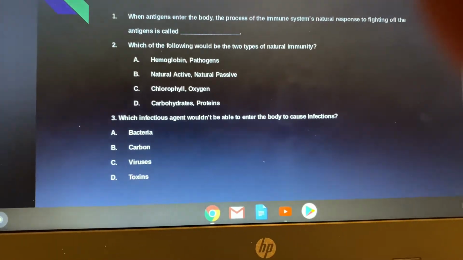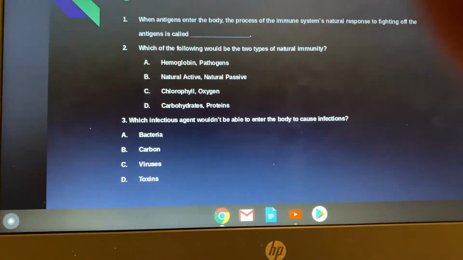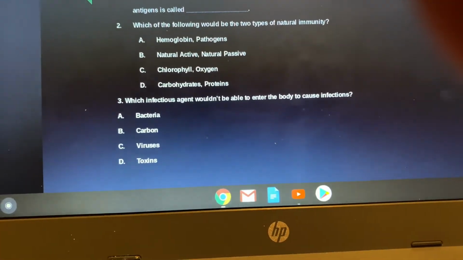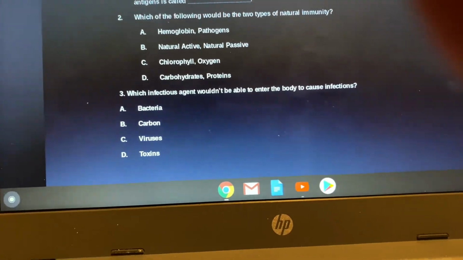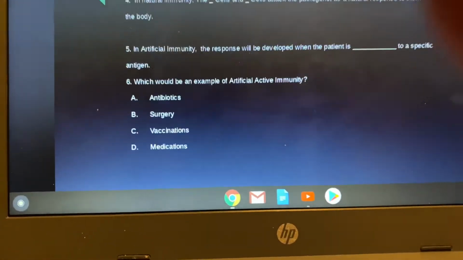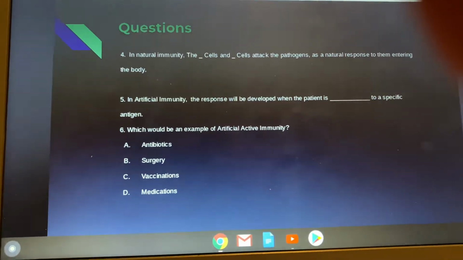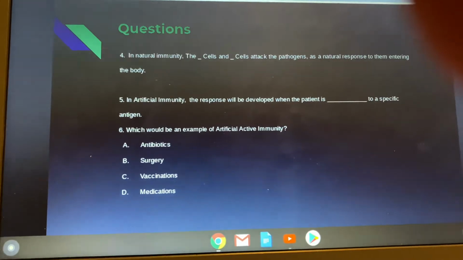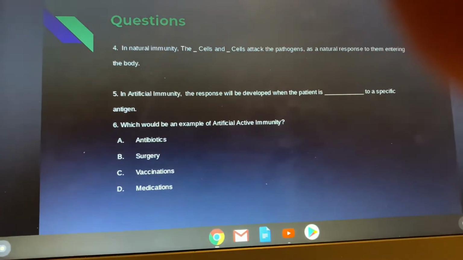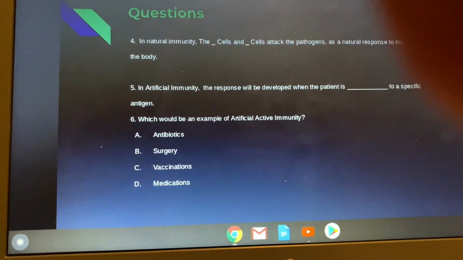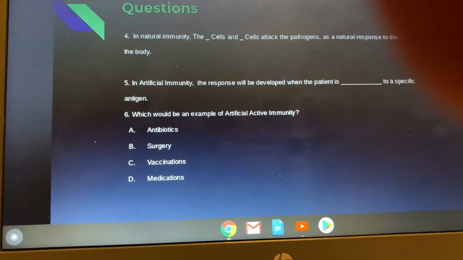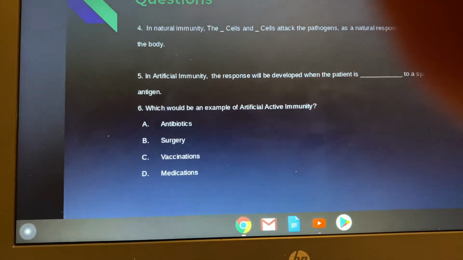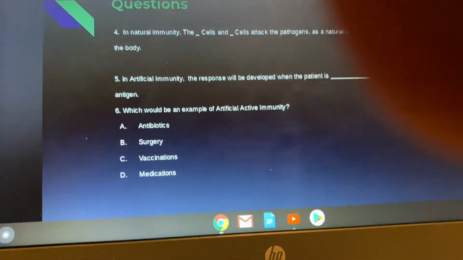Which infectious agent wouldn't be able to enter the body to cause infections? That would be carbon, because the rest of the 3 are infectious agents that would be able to enter the body. 4. In natural immunity, the B cells and T cells attack the pathogens as a natural response to them entering the body. 5. In artificial immunity, the response will be developed when the patient is exposed to the specific antigen,